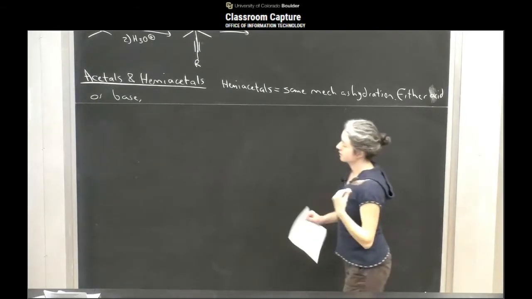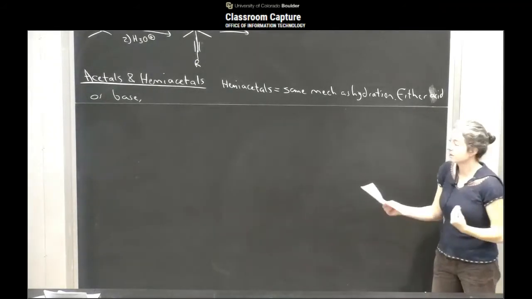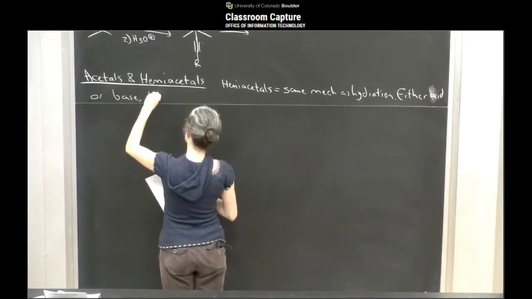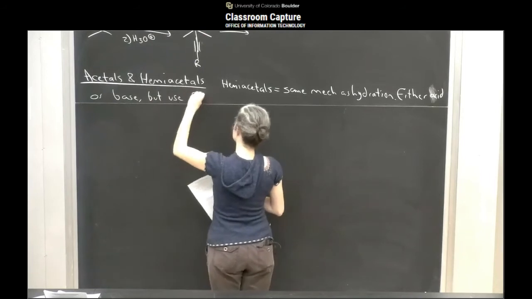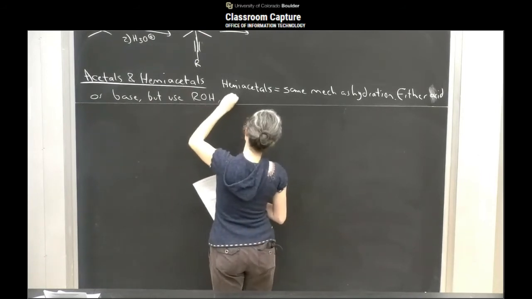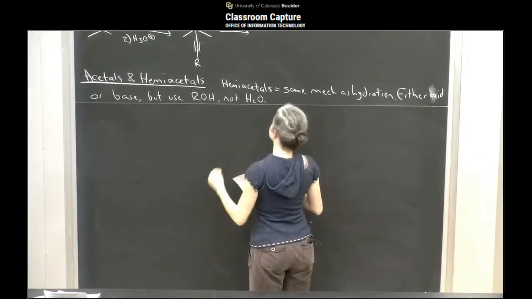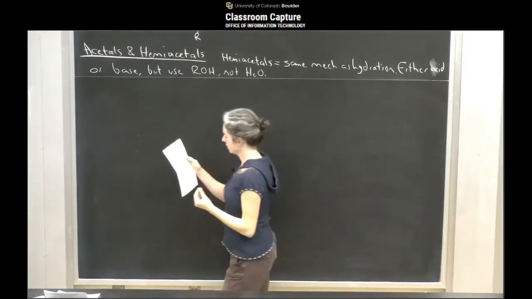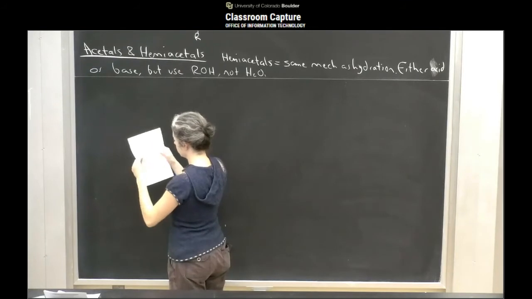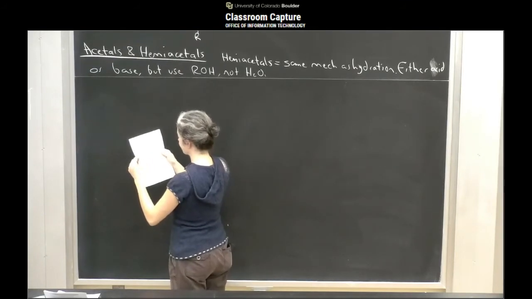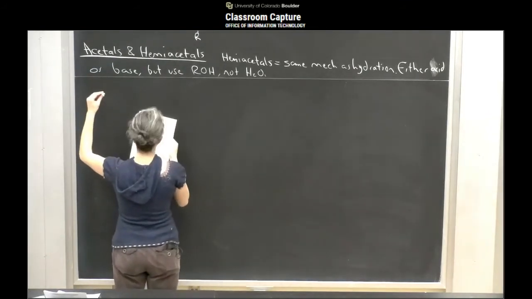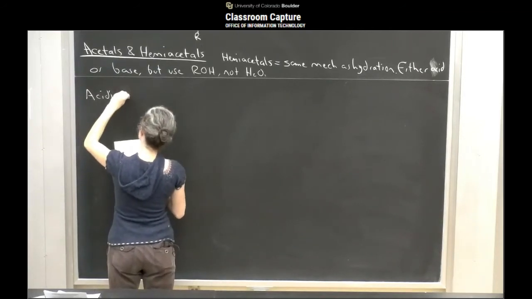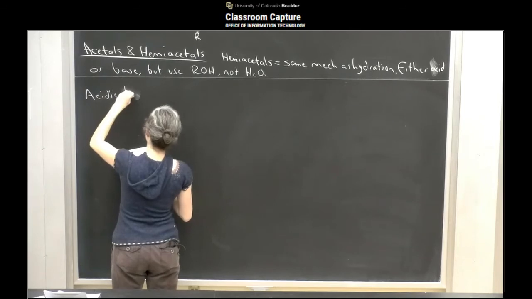But instead of using just water, we're actually going to use an alcohol, so whatever ROH instead of H2O. Okay. So if we're doing acidic acetal formation, no, sorry, acidic hemiacetal formation,